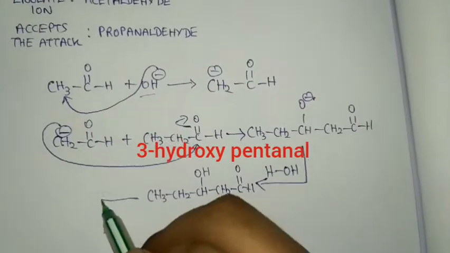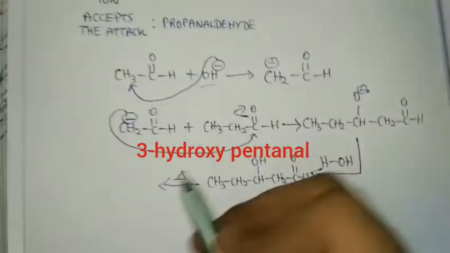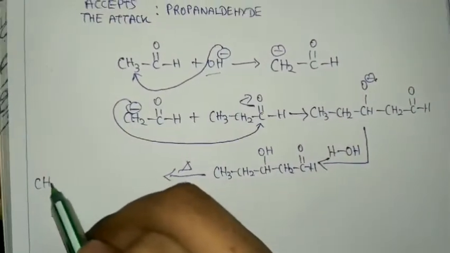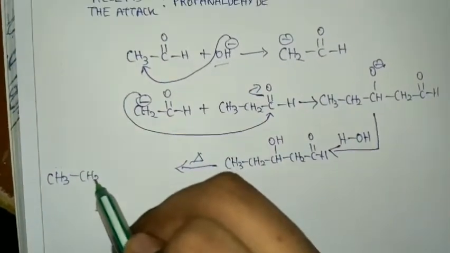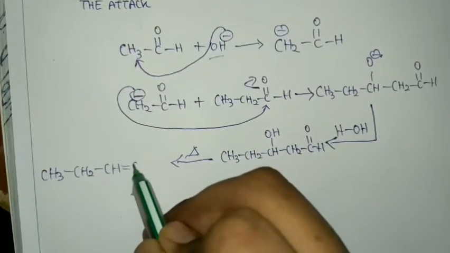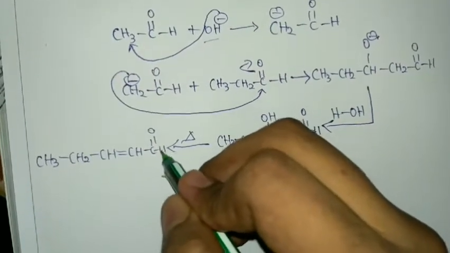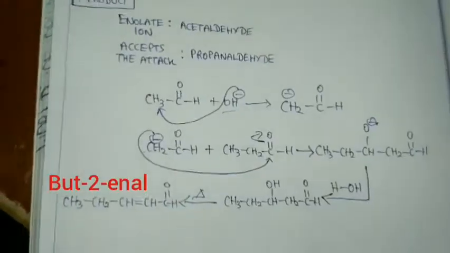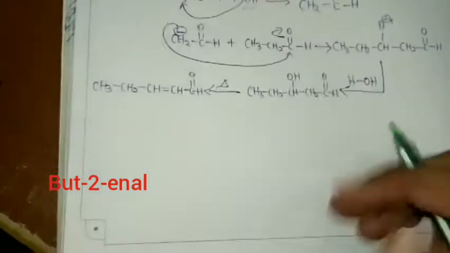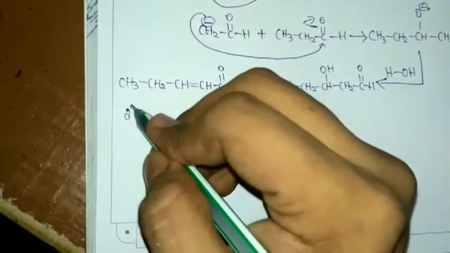After that, we heat it to form what? Alpha beta unsaturated compound, right? So CH3 CH2 CH double bond CH C double bond OH. Okay, this is the first product formed. Now the second product,